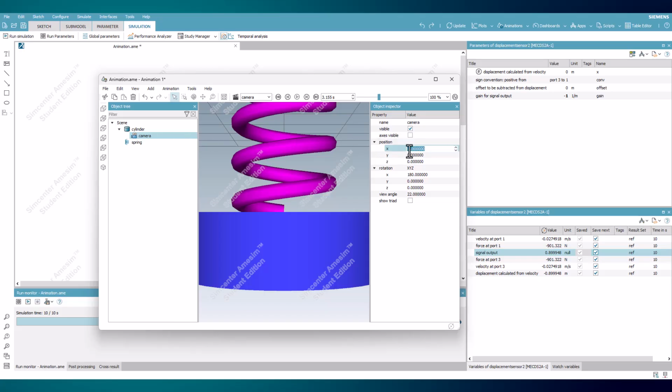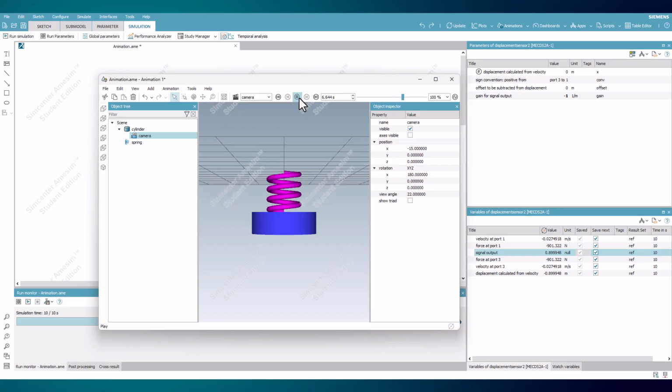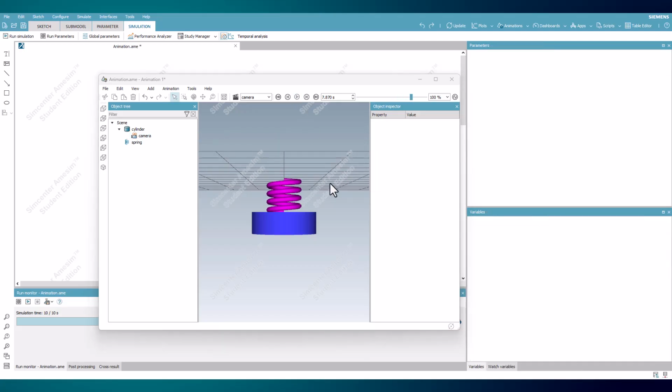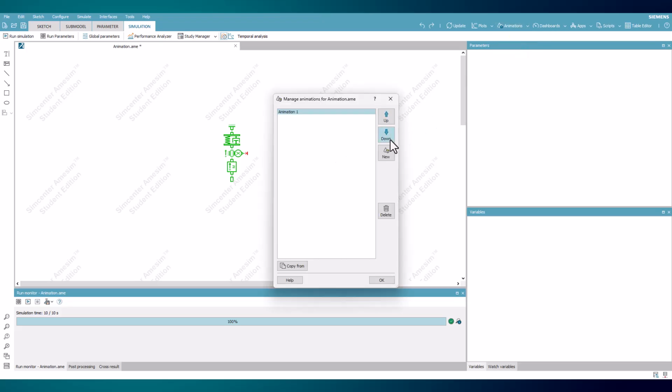As you can see, the camera was initially placed too close to the cylinder and can be easily moved a little further away to properly capture the motion. Under the Tools menu, the Result Set option allows for the animation to have the reference results for the motion changed if created for a model with a batch run. Once closing the screen, the animation will be saved within the Animations menu and can be renamed through the Manage option.